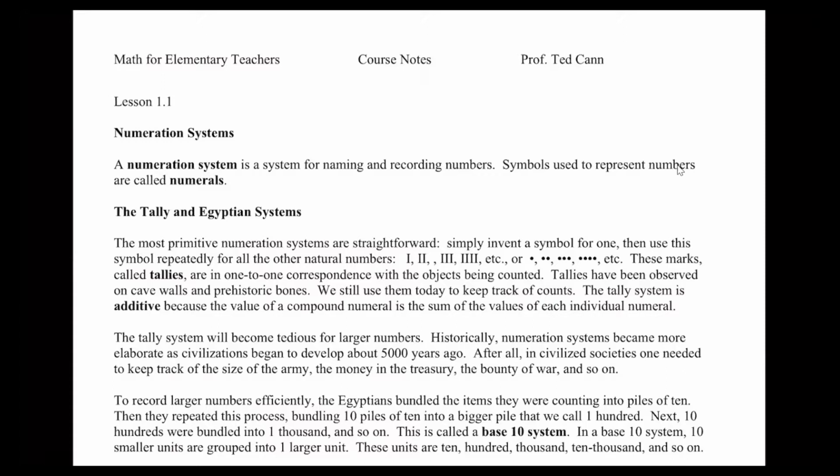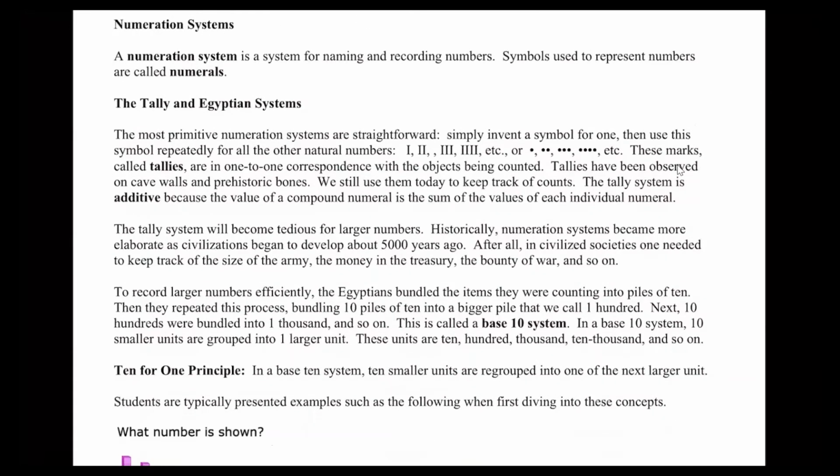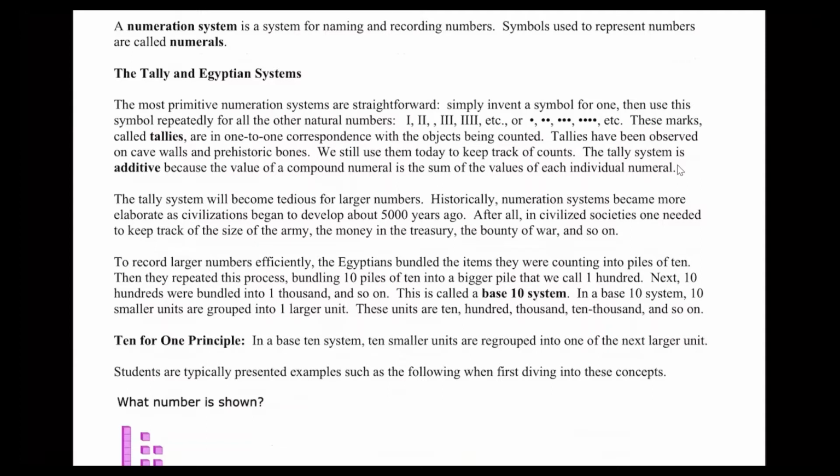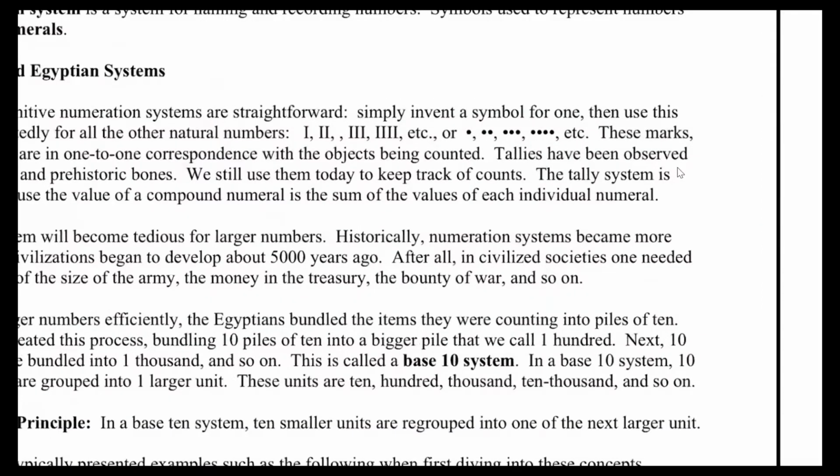So I have just a little bit of history of the origin of numbers, the tally and the Egyptian systems. All of this just boils down to the idea that it started off being more symbolic, and then it eventually had to become standardized. Right? Because if you do the tally system or the Roman numerals, at some point you've got to say, well, I'm not just going to keep putting tally marks. So what do I do? Well, let me start clustering them together. So instead of doing 1, 2, 3, 4 as little dashes, tallies, I guess,